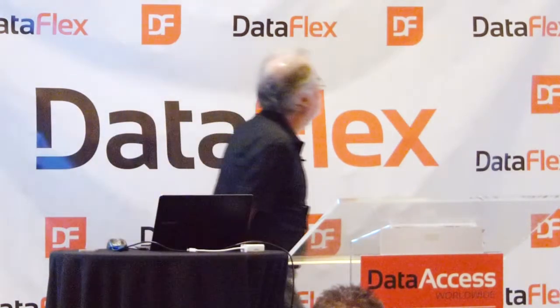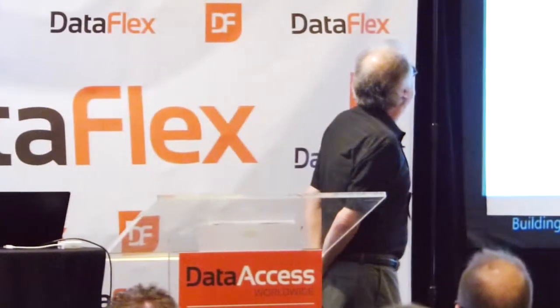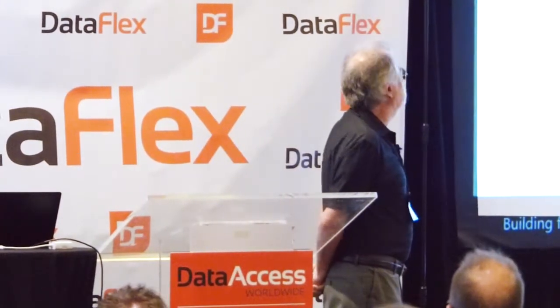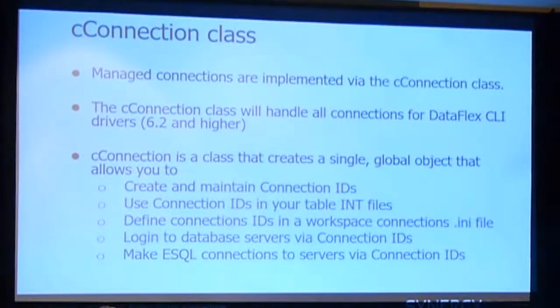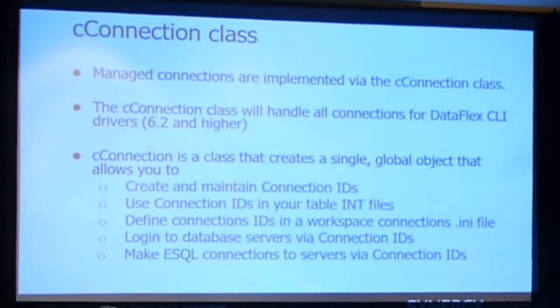Well, this is all done by a new class we've created, which is called a C connection class. It's a global class. It's created once. You put it in your application, and all of the managed connections is run through that class. It works with any of our CLI drivers, 6.2 or above, and as the slide said, it's a global object that lets you create, maintain connection IDs, use connection IDs in your int files, define connection IDs in a workspace,